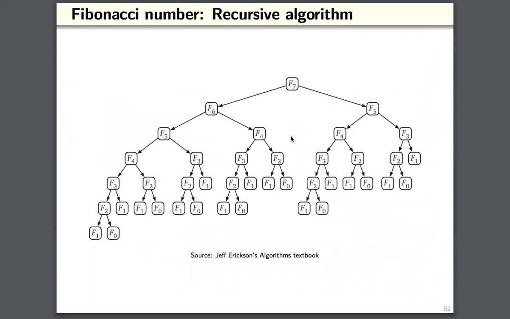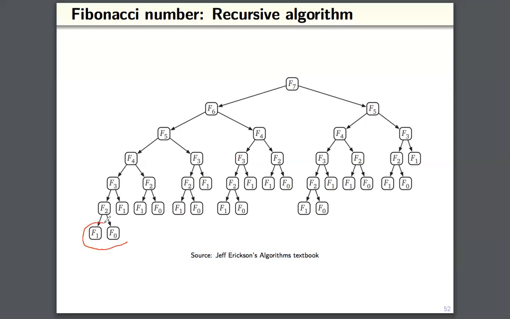Okay, let's try to write the execution of this recursive algorithm in a tree format. We call this a recursion tree. Suppose you call f of 7, Fibonacci of 7. Fibonacci of 7 calls Fibonacci of 6 and Fibonacci of 5. F6 calls F5 and F4. F5 calls F4 and F3. F4 calls F3 and F2. So on, right, until